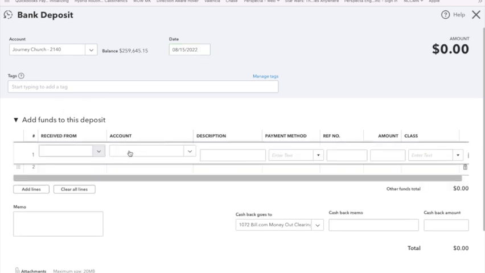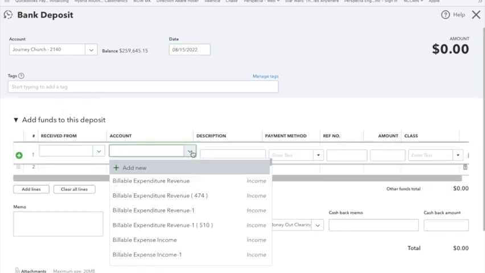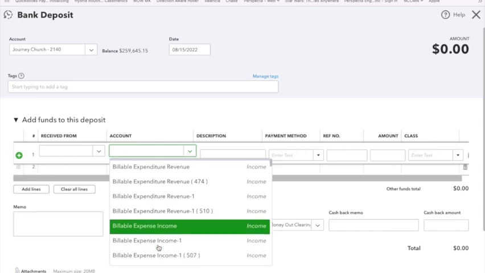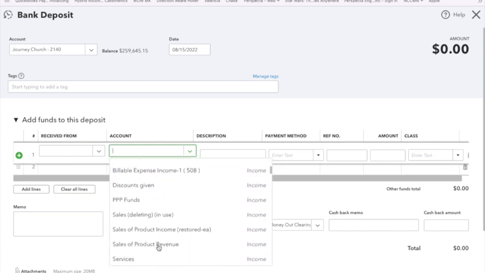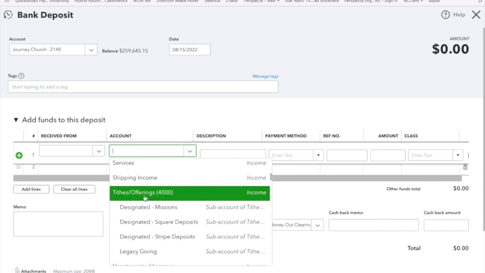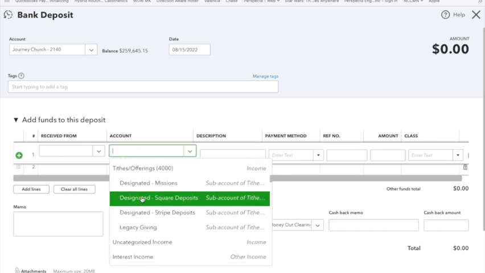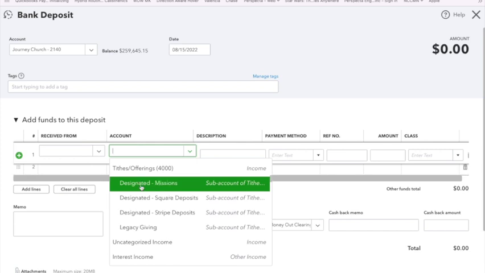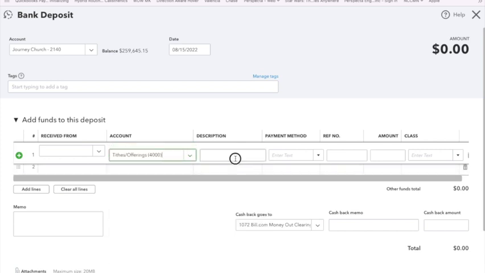And we basically can come in here and categorize where this money came from. And let's say this is Tithes and Offerings account, and it is basically cash deposit.